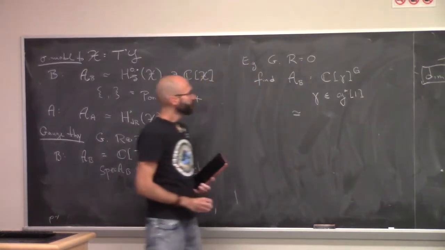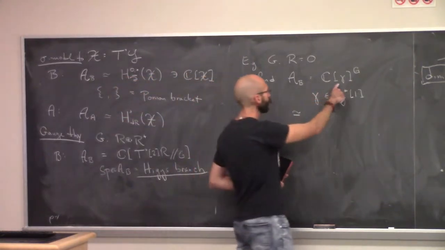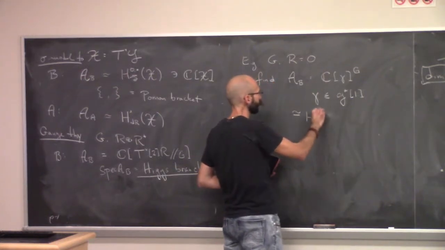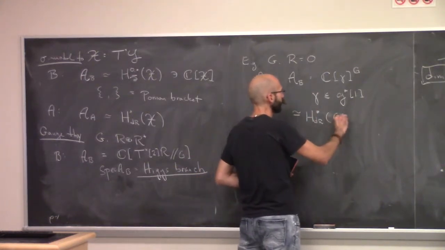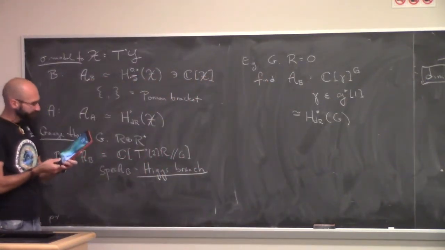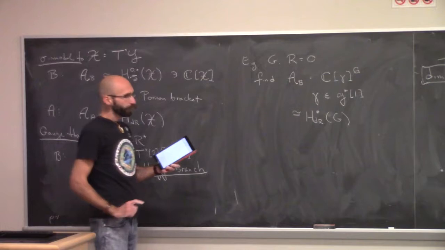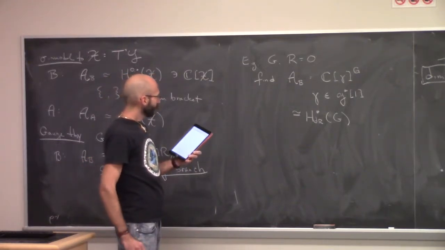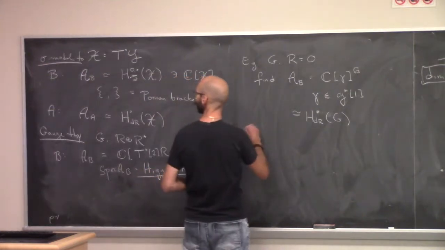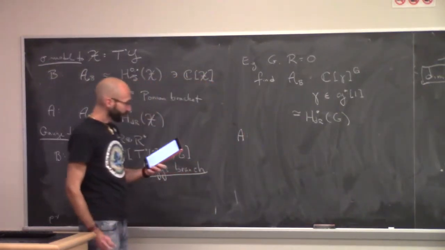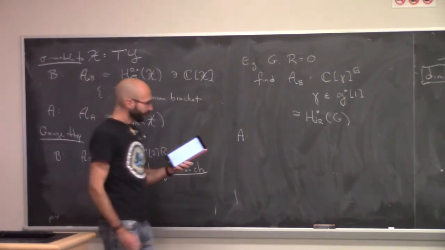And mathematically, another nice way to describe this is as the de Rham cohomology, or any sort of homology or cohomology of the group, which will become important in a second. Now, in the A-twist, things are